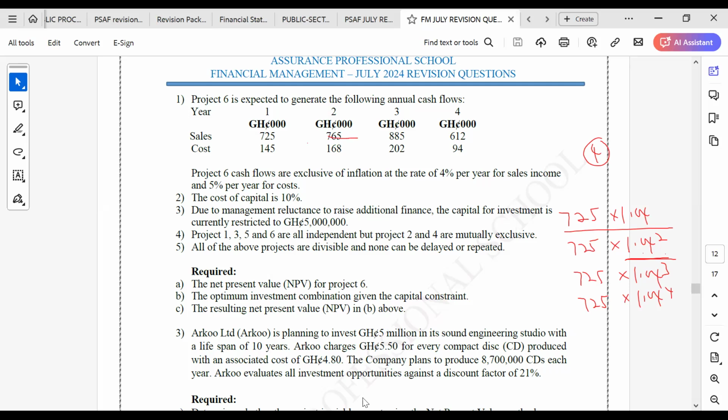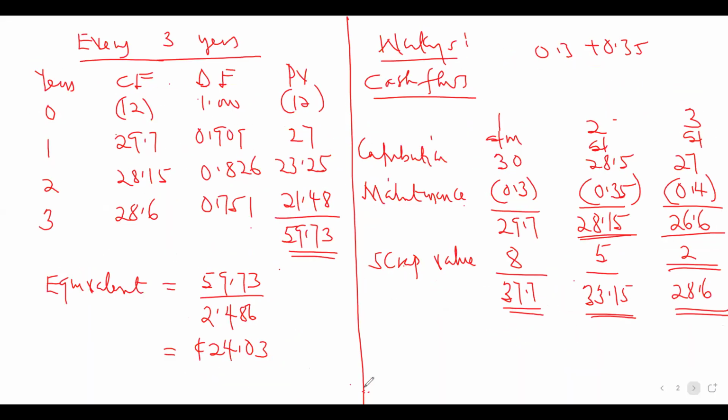Okay, the third year will also be the same thing. Don't do it like the first, since you are having 2 years, you're having different figures. The first year will increase by 4%, then the second year will also increase by 4%? No, that's not how the inflation works. The inflation in the first year was 4%, so the second year too will be 4% again. So it means that the 2 years' inflation will affect the second year's figure. So we need to do that one by one to get our values for that particular year.